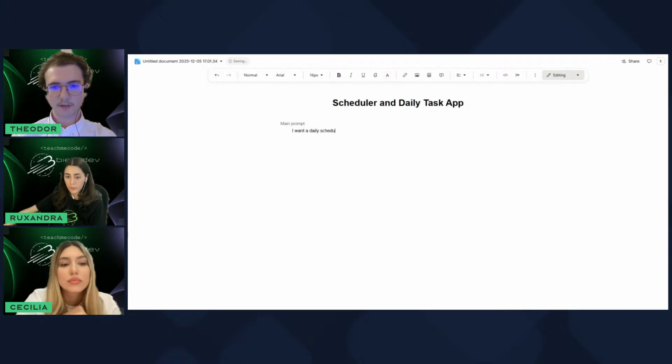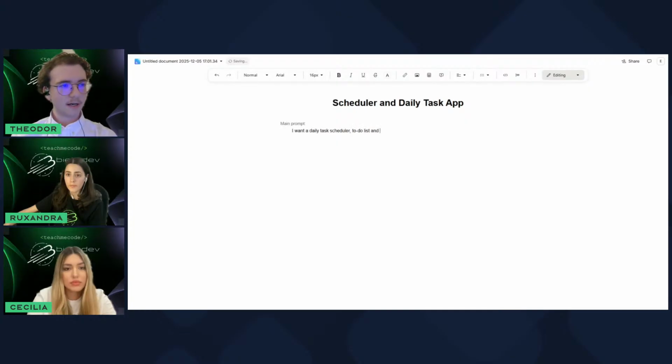daily task scheduler with a to-do list as well. Actually, no, let's do daily task scheduler, to-do list app, web app, built using React plus Vite. These are some frameworks that are very popular, as well as Tailwind CSS